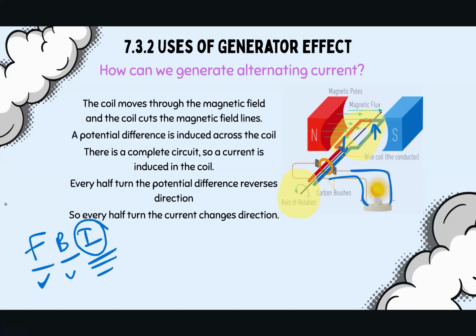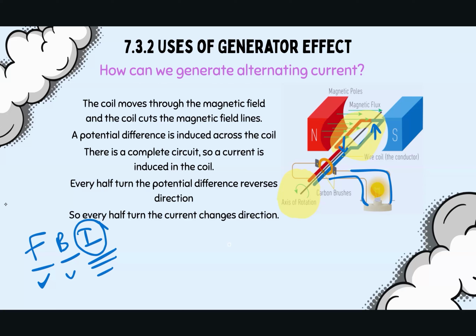In other words, it's connected to, for example, a light bulb, as it is here. The induced voltage, because what does the voltage do? It pushes the electrons, and current is the flow of electrons. So this voltage that's being produced within that circuit is pushing the electrons along. So now we have current. Now every half turn, the direction of the movement changes. So look,